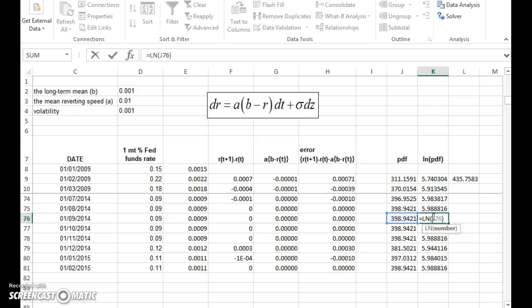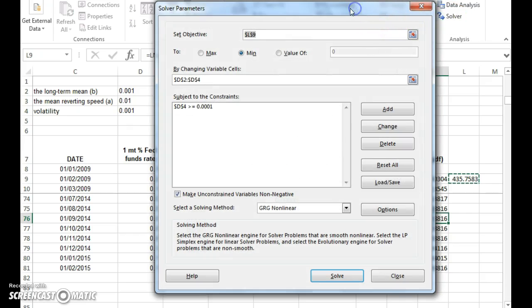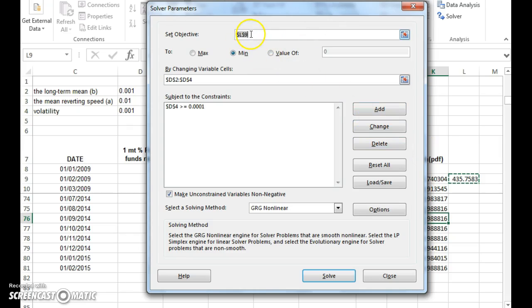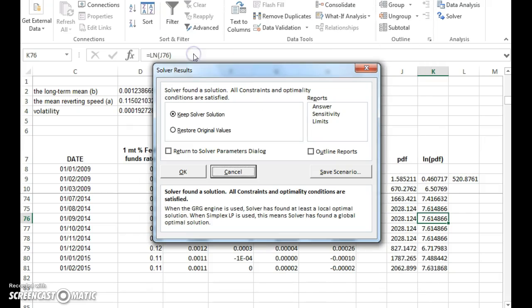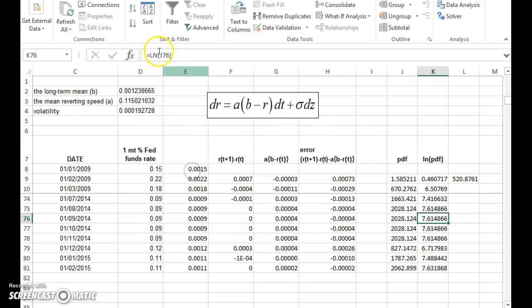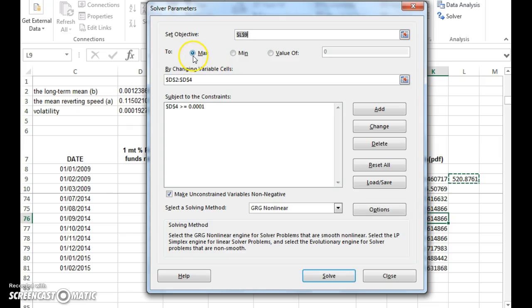So now to run the optimization and to find appropriate values for the parameters, we go to Data, then we find Solver. We select the value we want to maximize, which is the sum of the natural logarithm of the probability density function. We maximize, and these are the correct values, but I will show it again. So we go to Solver, we maximize